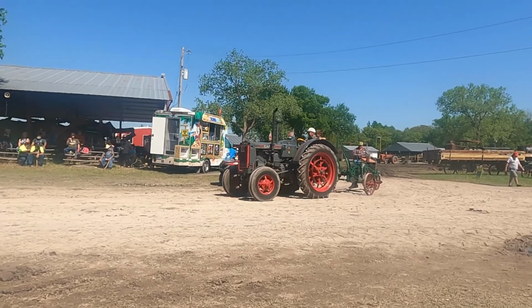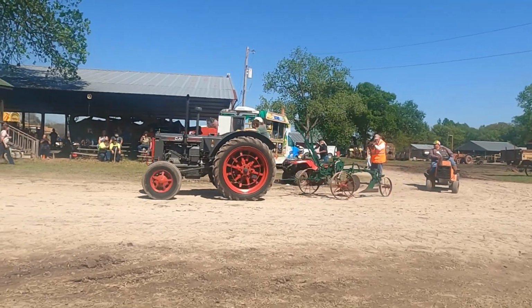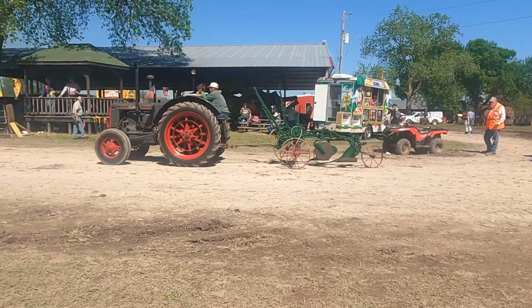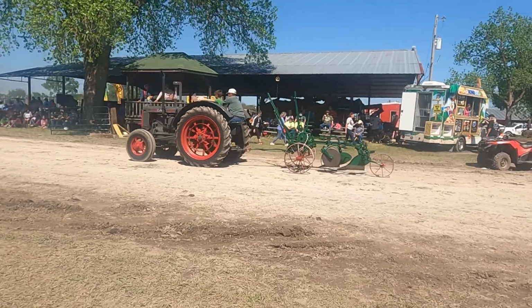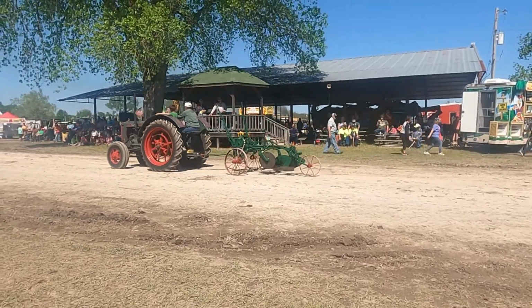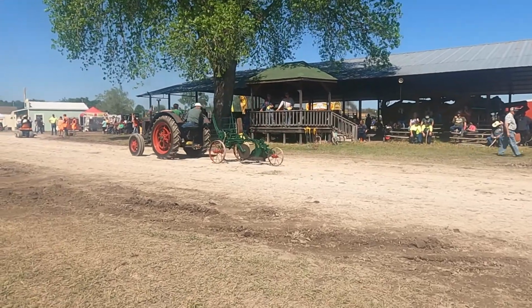Larry Bowman from Oklahoma City. And Larry came through on the propane LA earlier. Now he is on his 1935 CC4, and it's pulling a two-bottom Grand Detour plow built by the Case Company. And the plow, if you'll notice, is what they call them